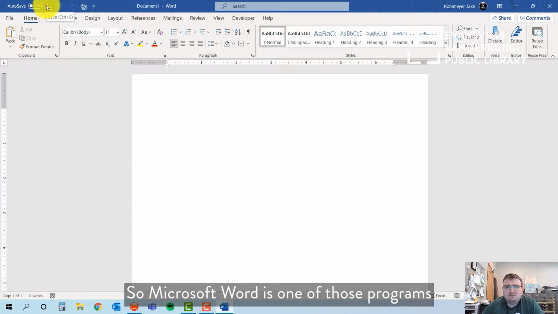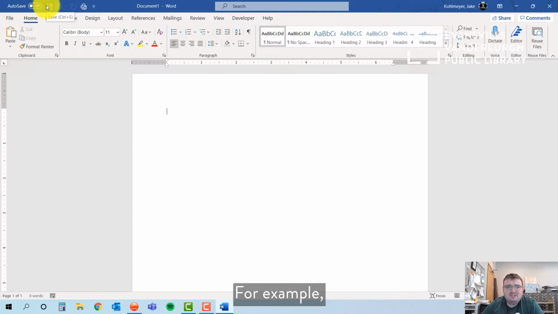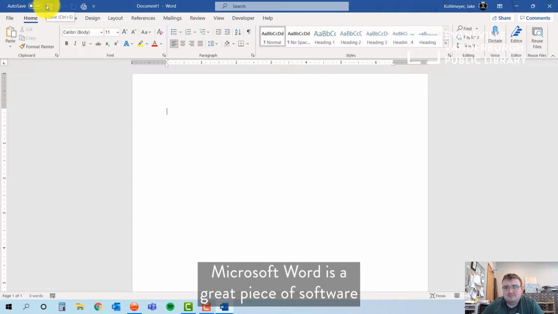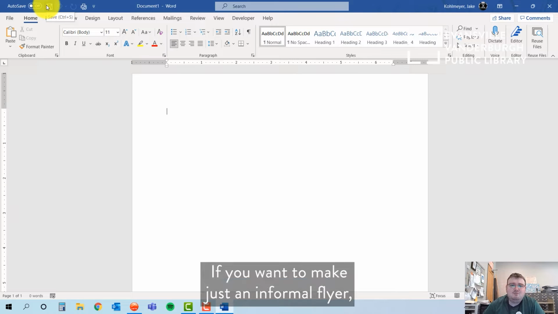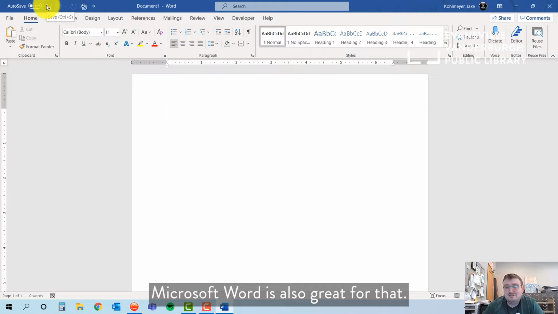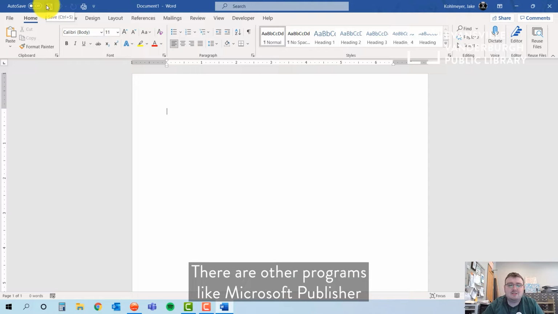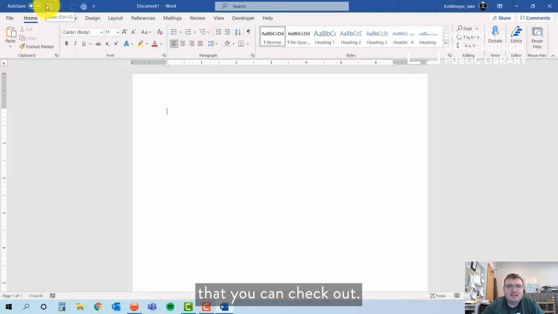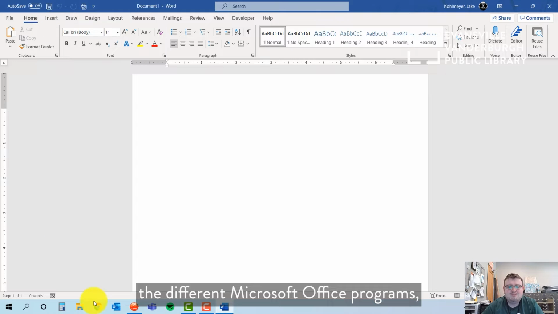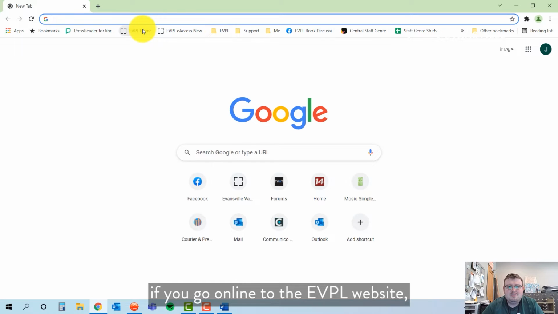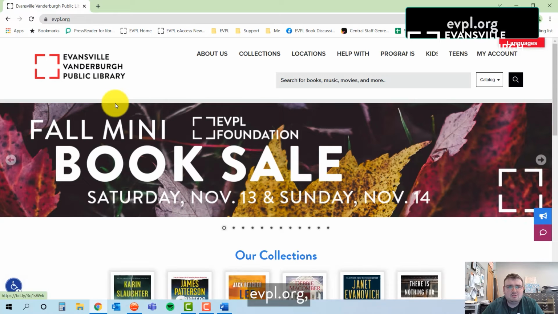So Microsoft Word is one of those programs you can do a lot of different things with. For example, if you wanted to type a letter, Microsoft Word is a great piece of software for you to do that. If you want to make just an informal flyer, Microsoft Word is also great for that. There are other programs like Microsoft Publisher that you can check out, and I do advise you, if you want to look at all the different Microsoft Office programs, go online to the EVPL website, evpl.org, that's evpl.org,